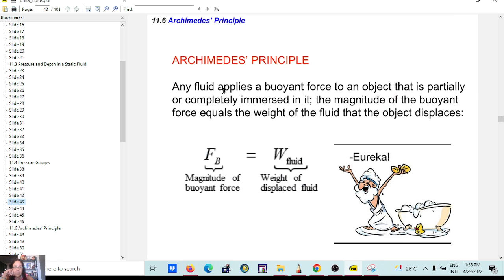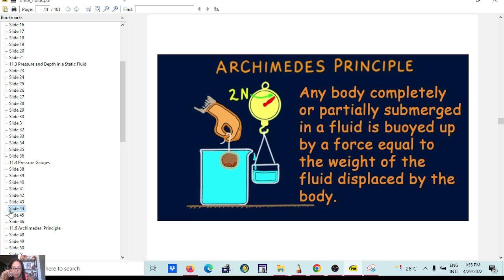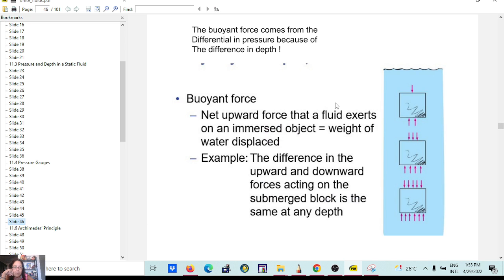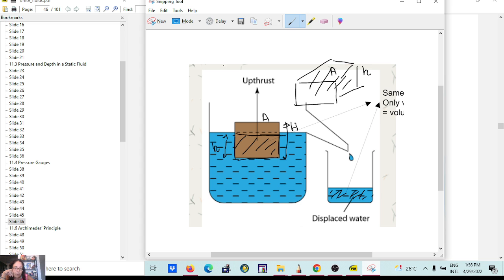Okay, so what is Archimedes principle? So we talked about buoyancy, right? So each time you have an object in a fluid, so it could be air or it could be water or any kind of fluid, then it will be acted upon by a force up, right? We call that the buoyant force. And I explained before where it comes from. It comes from the delta H and delta P. Okay, remember that